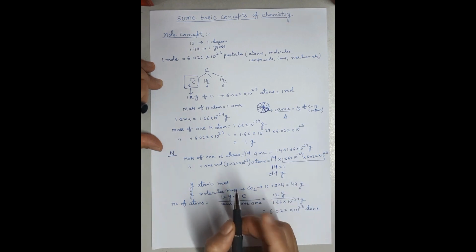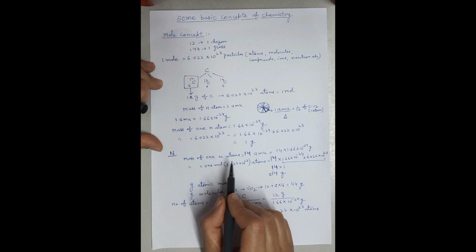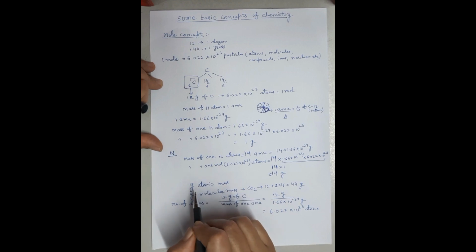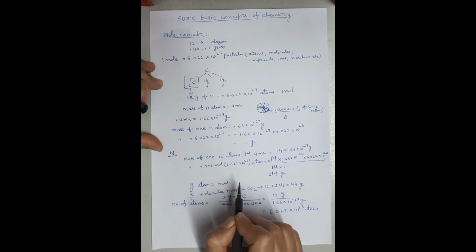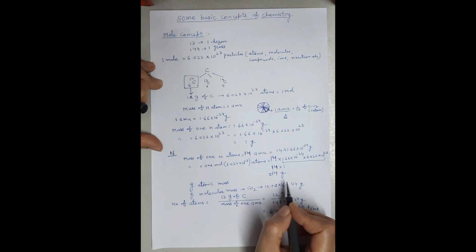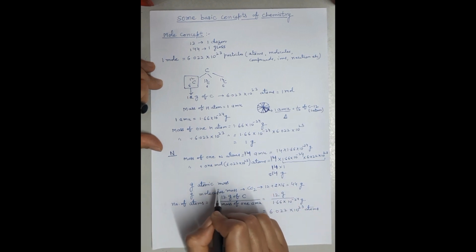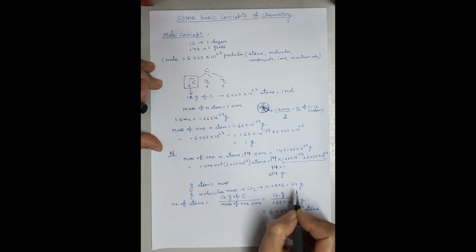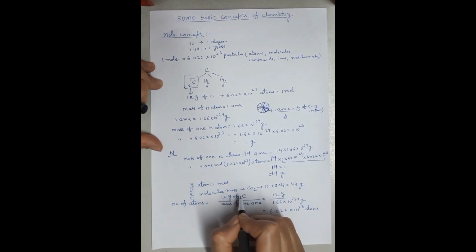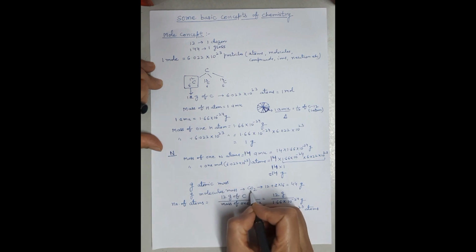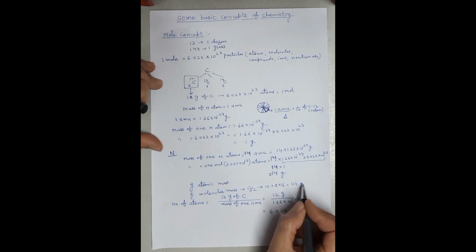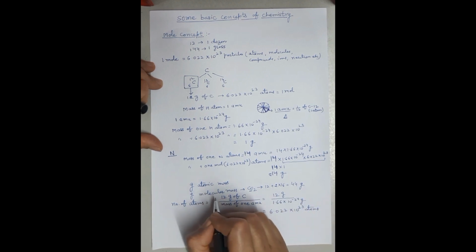So let me repeat. When you find out the mass of one nitrogen atom, it is 14 AMU. And when you find out the mass of 1 mole of nitrogen atoms, it is 14 grams. And this is called gram atomic mass because it is expressed in grams. Similarly, if the molecular mass of a molecule is expressed in grams, it is called gram molecular mass. As I have taken here the case of carbon dioxide, its molar mass is 44 gram. As it is expressed in gram, it is called gram molecular mass.